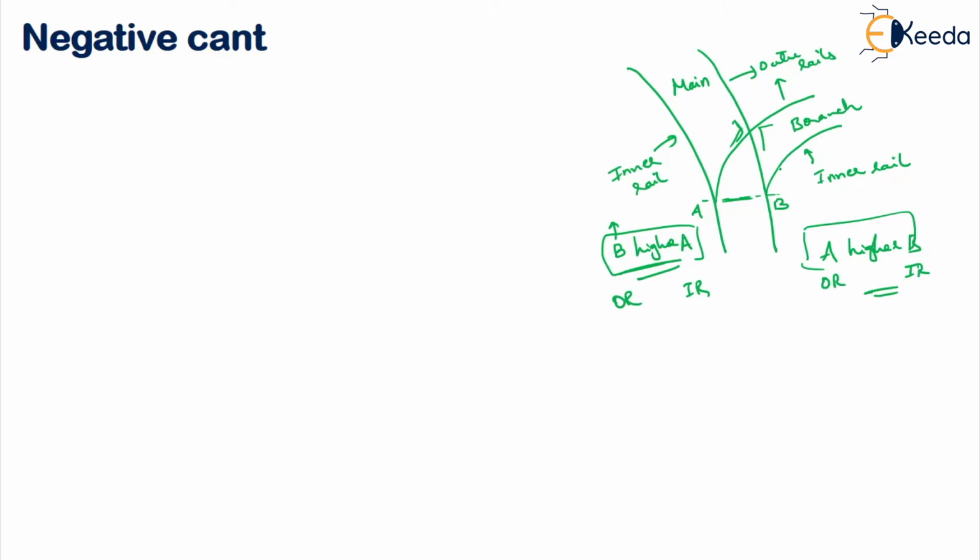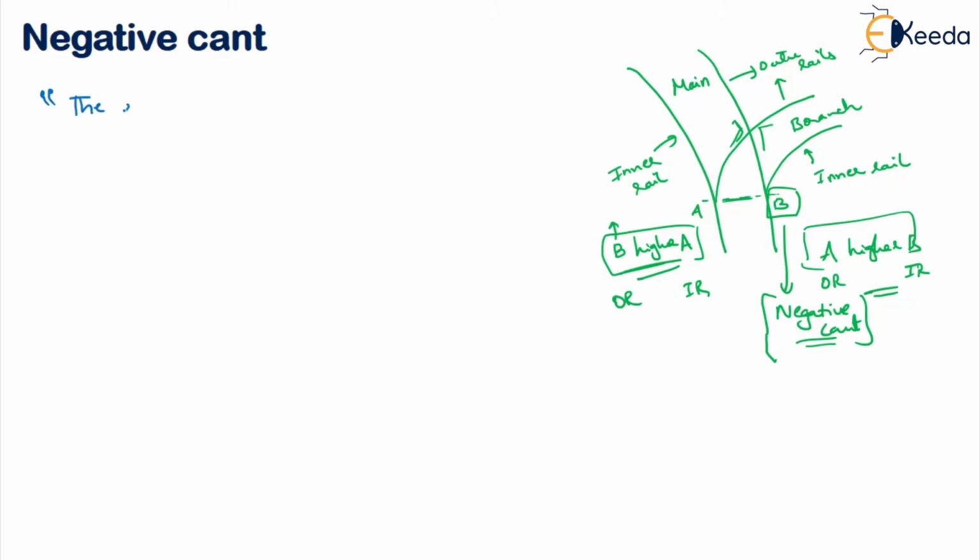So there is a negative cant for that particular point. For this particular point, there is a negative cant. Actually, we need something, but it is lesser than that. That's the reason we take it under the category of negative cant. Okay, so I hope this concept is clear. Now let me write the definition for you. So this is the general understanding. Now let us write the definition.